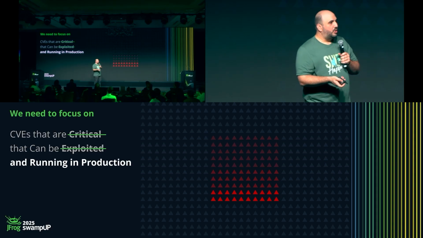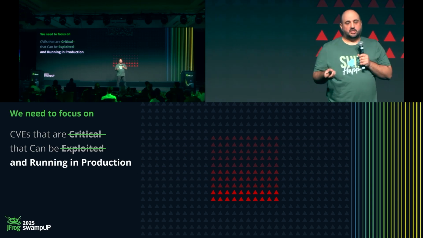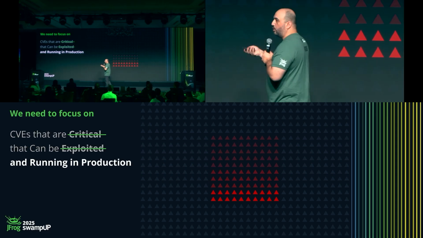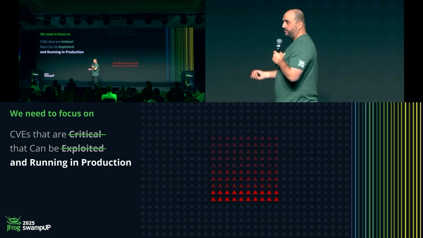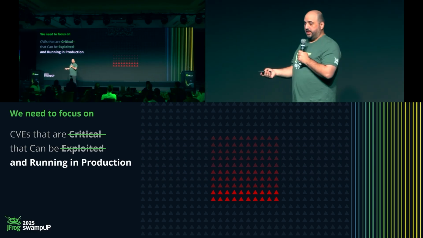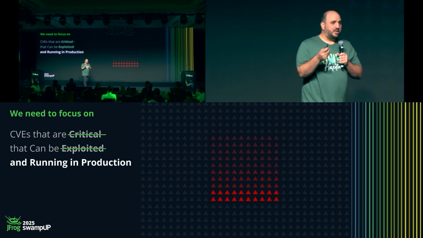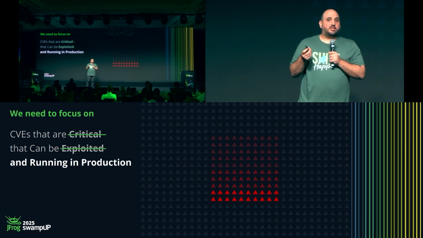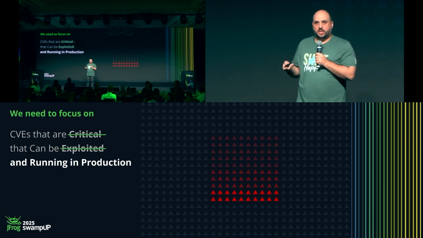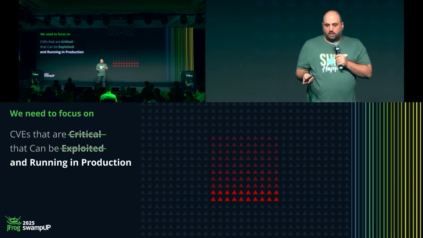Now the last part, we want to know what is running in production. So we've seen this earlier in the Uptrust session. We've seen JFrog's runtime security. This is a solution that allows you to know where your binaries go. It connects Artifactory and your production environments. It works on Kubernetes clusters where you deploy your containers. And it can tell you that these containers actually came from Artifactory, that they have not been tampered with, but it can also tell you that they're running and what their security status is, so you can prioritize and know that a certain container is actually running in production, so you should care about it more. So I'll show this in just a bit. What do we have here?